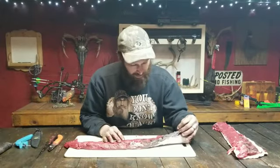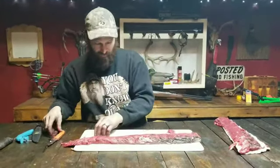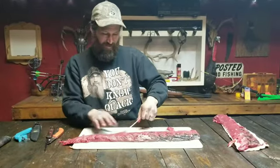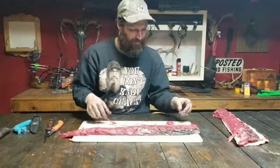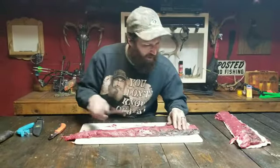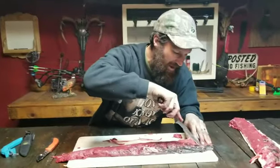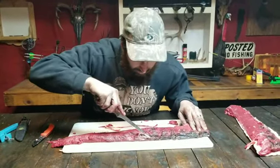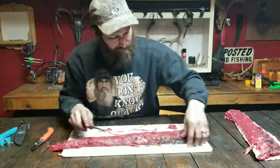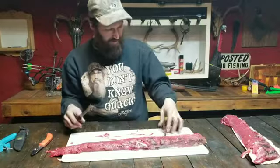Now, the first thing you can do, you can kind of trim it up. You can kind of look, is there anything? And a lot of it will just pull off. Little tendons. You can go along. I like to use a fillet knife for this. This deer I had hung quite a while. So I'll just kind of go right along and trim off this little bit of harder meat here. It won't go to waste, but